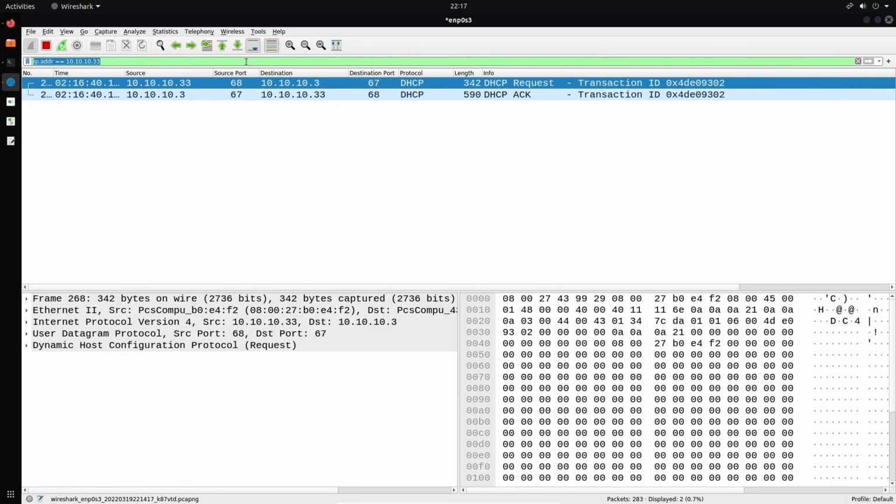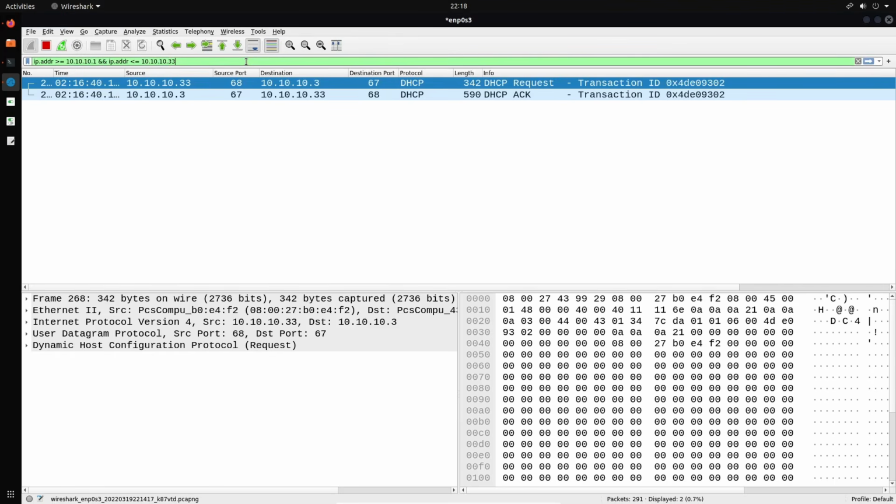So you can also filter based on a particular IP. You can also filter by IP ranges. That can be done by saying ip.addr, and this is where the logical operators come into play. So I can say greater than or equal to 10.10.10.1. So that's the first IP within the subnet. And then I can use the logical operator. So I can say and, or the double ampersand. And I can say ip.addr, and this is where we specify the end of the range, is less than or equal to